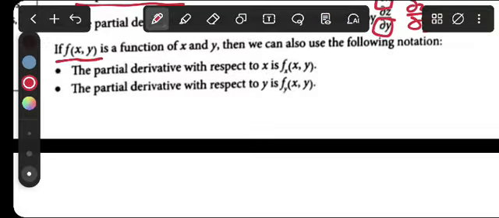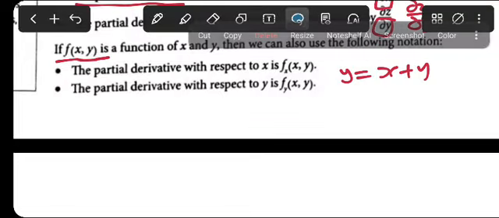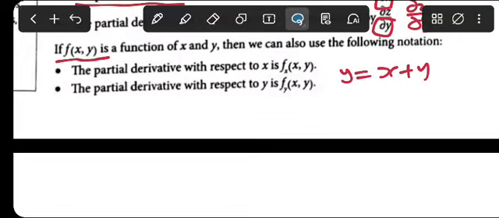If we have f of x, we can use this format. Let's say we have y is equal to x plus y. We can use this format here. If we differentiate, we can use this format. We can say, all right, we can say